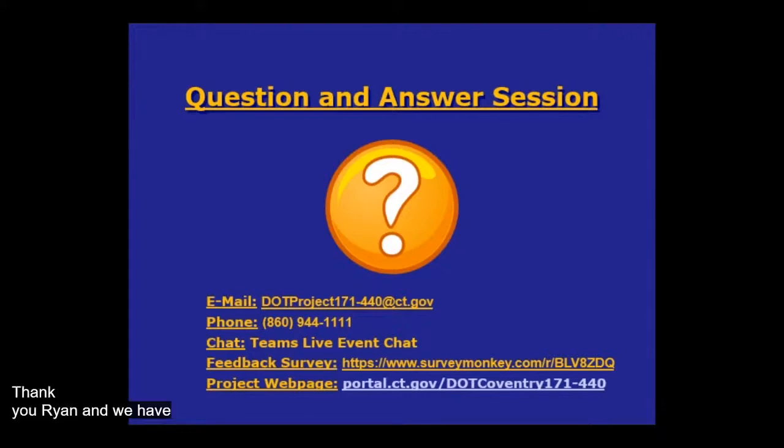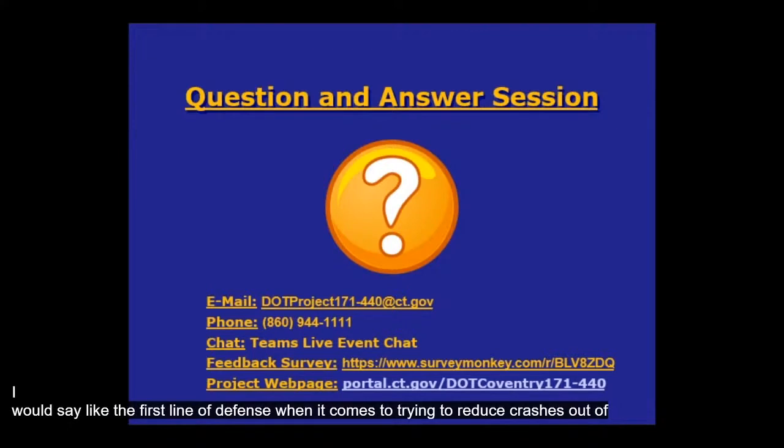Thank you, Ryan. And we have another question here. Why do you prefer the use of signs when you can just redesign the roadway to eliminate the curve altogether? Well, that is definitely a possible option. We usually prefer to use signs first, just because of how inexpensive it is to install a sign into a location, and as I said, they're pretty cost effective when it comes to the amount of crashes that can be reduced. So that's usually the first line of defense when it comes to trying to reduce crashes at a curve.